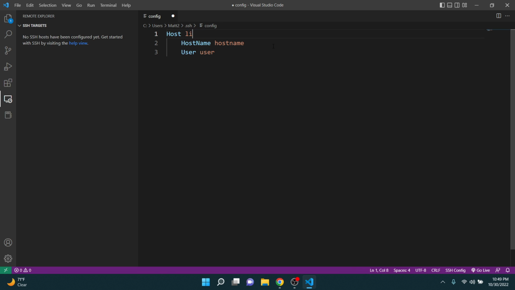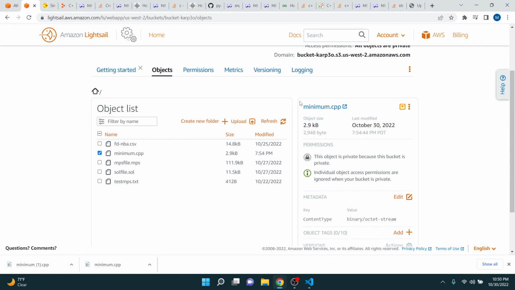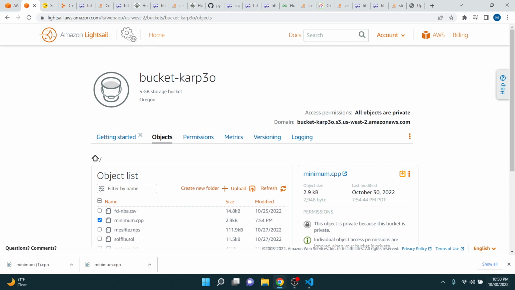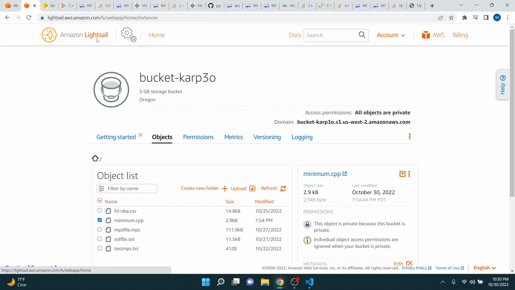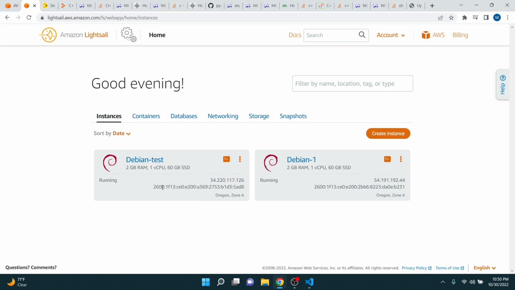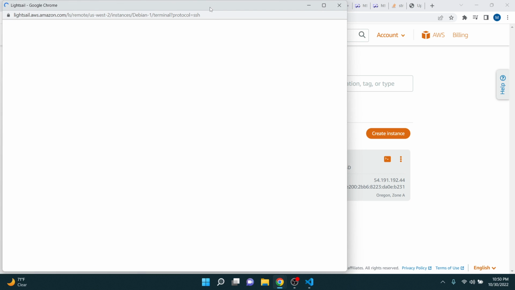So in my case, I'm just going to call it, and you can call this whatever you want, I'll call it Light Sail. The host name is the IP address. So let's go grab that. And I did a test on this one, but I actually want to show one thing on that. So if I open this up,